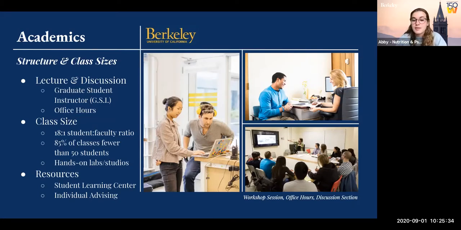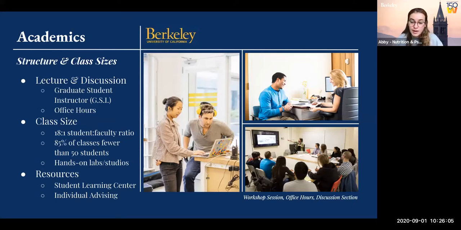But that's the amazing thing about such a large community here, is everyone wants to help, and there are a lot of people to do so. But don't be too scared about that larger class size, because as you go through your time at UC Berkeley, you're going to get into upper division classes that are more specified to your interest and that are smaller. So overall, we do have an 18-to-1 student-faculty ratio, with 85% of our classes having 50 students or fewer,